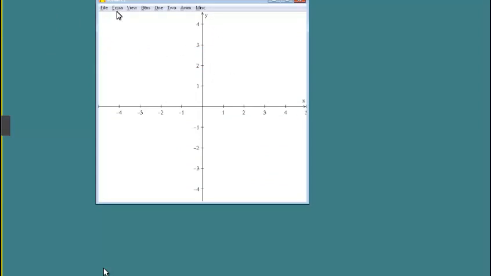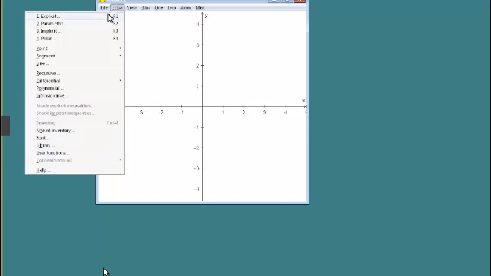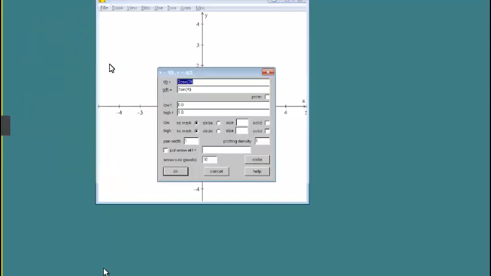Then you go to Equation, and you can pick Parametric Equation. It says f of t and g of t, where x is f of t and y is g of t. According to our problem, we have 2t squared, and we have t to the 4th